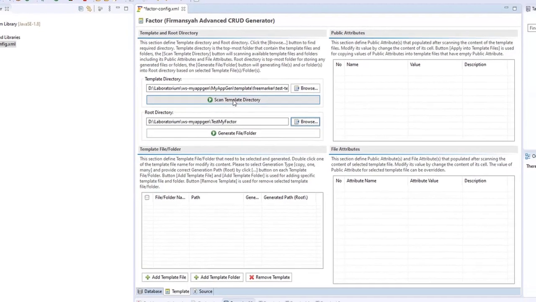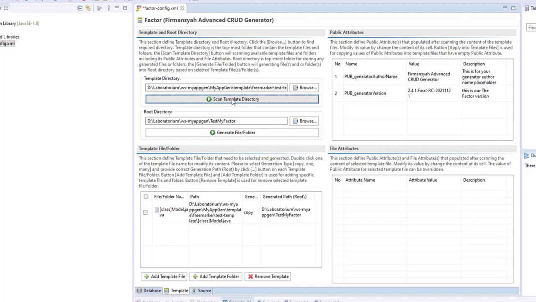You can click scan template directory, and it will scan this folder, and whatever folders or file templates there are will be listed in this template file folder section, including listing all the file attributes.